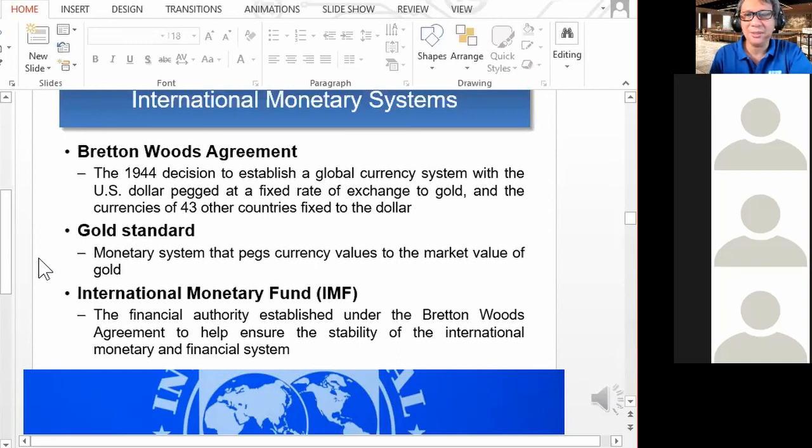So where does the fund come from? Actually, mayroong contributing fund ang bawat member. Mga highest contributors, US, China, Japan. Okay, so the euro, they contribute a lot of their funds to the IMF. Now rather, they contribute a lot to the fund of the International Monetary Fund. Ayan. Okay, so doon kinukuha yung pinapautang sa iba sa mga developing countries.